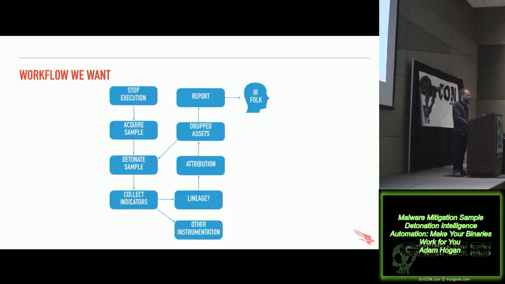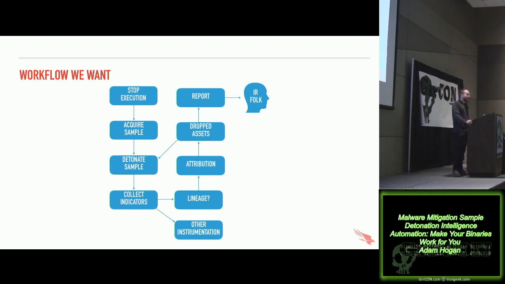So we want to start looking at the workflow an analyst typically goes through, which will often involve, of course, first stopping whatever the threat is, whichever ways you have at your disposal. I happen to prefer doing it at the endpoint with our software, but regardless, what we want to do is stop it. We want to acquire the sample so we can take another look at it, do some static analysis, or send it up for a sandbox detonation, or we can collect more indicators and hopefully get a better idea of how to stop it, and provide other instrumentation so we can stop it at the endpoint, at the gateway, at the firewalls, whatever we've got.